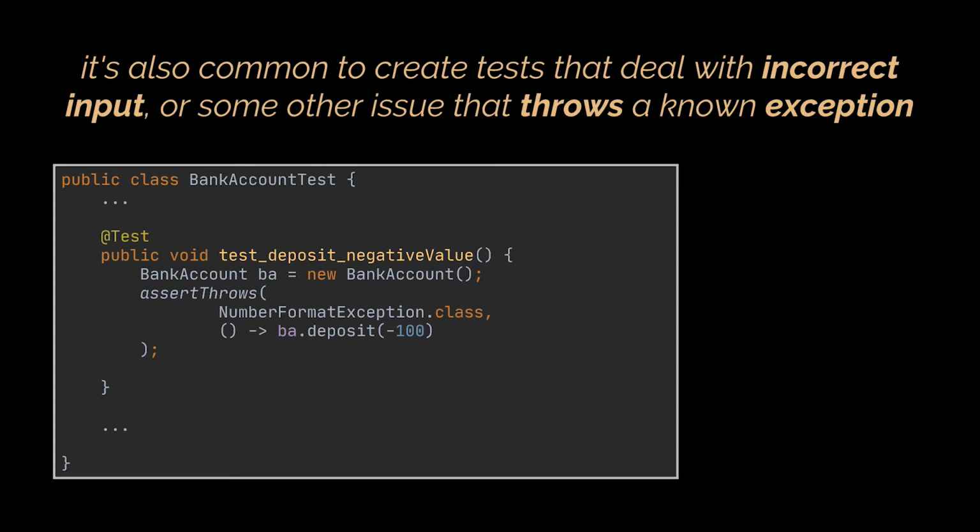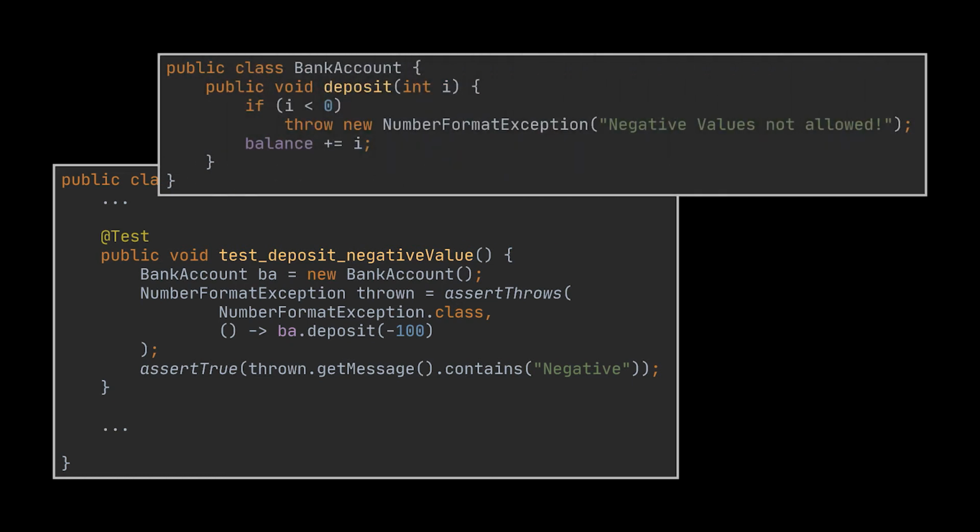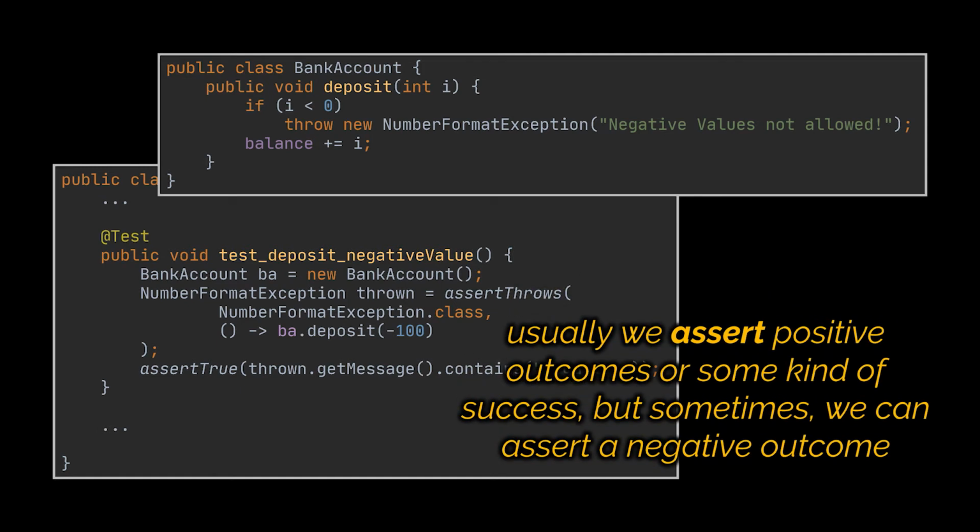This method tells JUnit that if any code in the lambda expression throws this specific exception and no other kind of exception, we will go green. If it throws any other kind of exception, we will still fail. You can also go ahead and add extra checks on the actual message or exception returned by this call. Now we can write the logic that actually throws that exception, run the test, and make sure we are green. So as you see, we can not only assert modified objects, but also return values and exceptions thrown. Usually we assert a positive outcome or some kind of success, but sometimes we can also assert a negative outcome. Like if we pass in this bad data to this particular method, we expect this error or exception to happen.